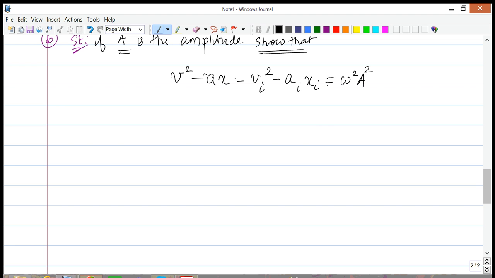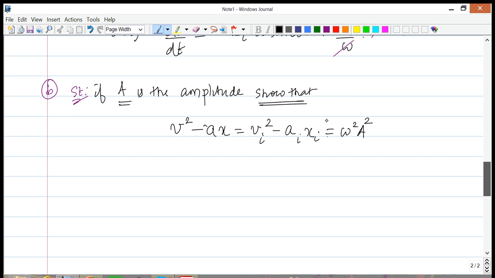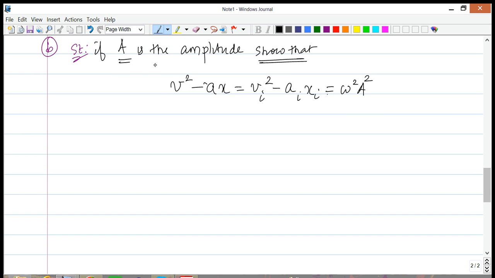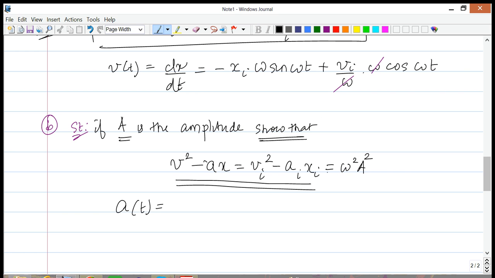Okay, so in part B of the question, we want to show that v square minus ax is equal to vi square minus aixi, which is also equal to omega square times a square, where a is the amplitude. So let's begin by showing that the first two terms are equal. In order to achieve this, first we need to figure out what a as a function of t is. And in order to do this, we're going to differentiate v, which is up here, and the derivative of this is going to be